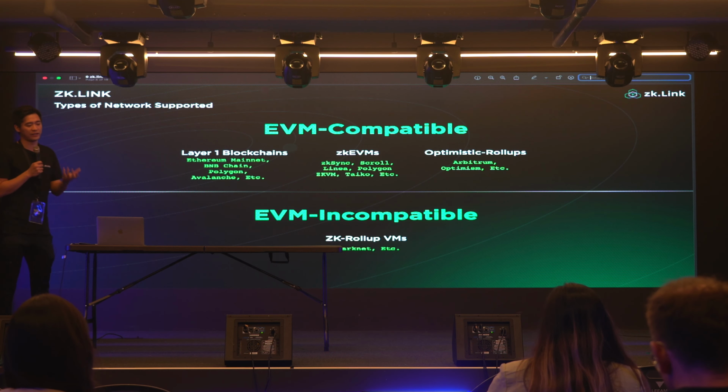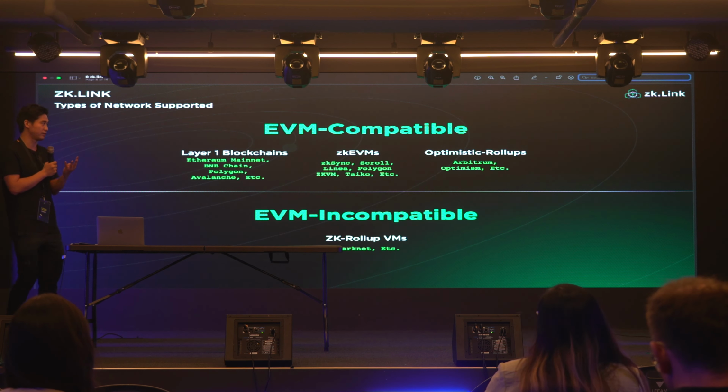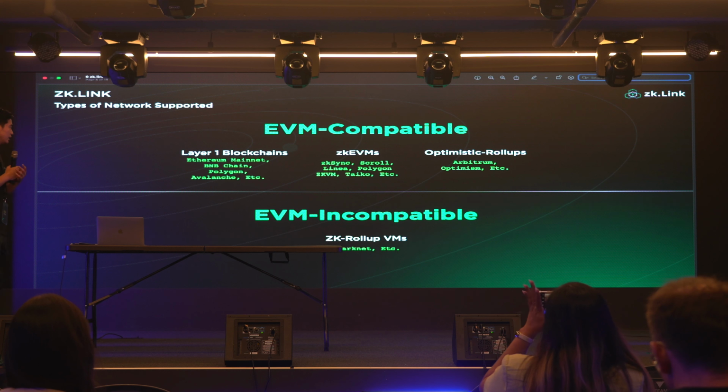This is the type of networks that are supported by the protocol. As I just mentioned, the four types of networks that we currently support include most of the networks that are popular right now. Outer layer ones, including Ethereum and the outer EVM counterpart layer ones. Actually, we're also doing this on outer layer ones which are even incompatible, like Solana. We have open sourced the first zk verified contract on Solana a year ago.